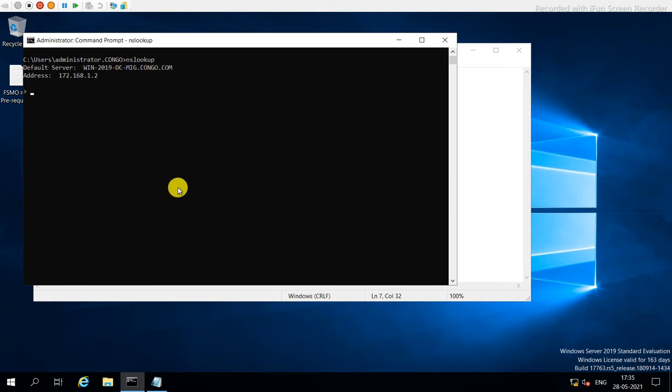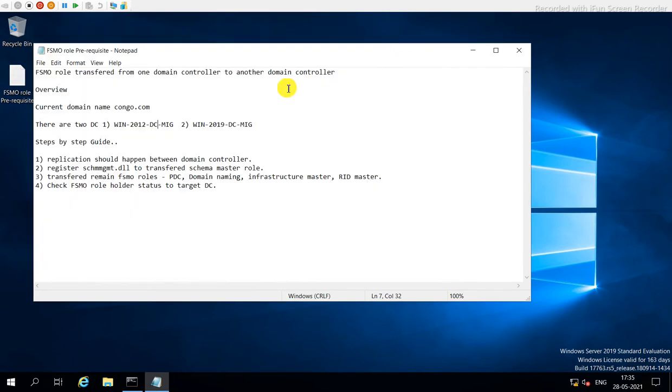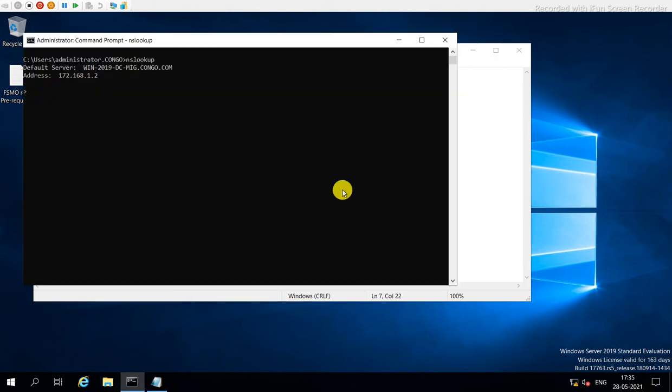This is the 2019 DC, and we have another server, a Windows 2012 server. These are the two DCs. I made the Win 2019 DC an additional domain controller, and the current FSMO role holder is the Windows 2012 server.